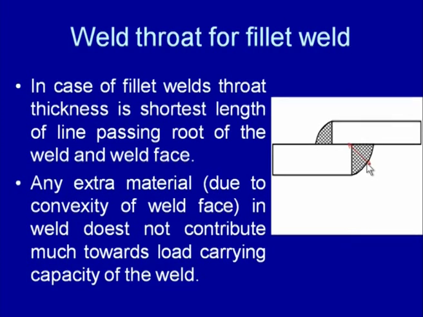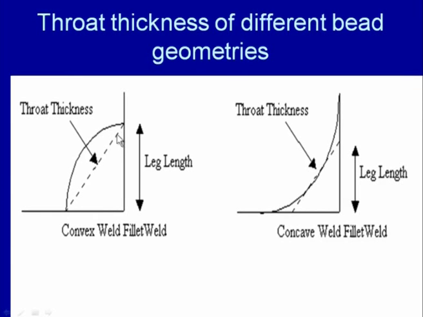So, this dimension is used for determining the throat thickness of the fillet weld. If you see, fillet welds can be deposited using various types of geometries. For a convex weld, the convex bead geometry is obtained. In case of the concave fillet weld, this kind of geometry is obtained, and to determine the throat thickness, one